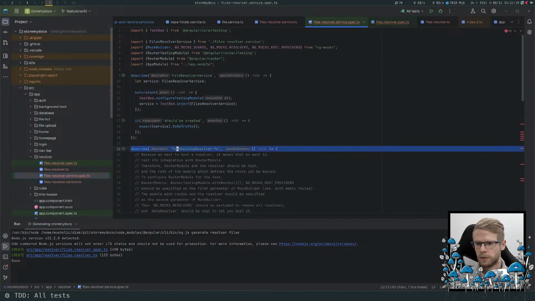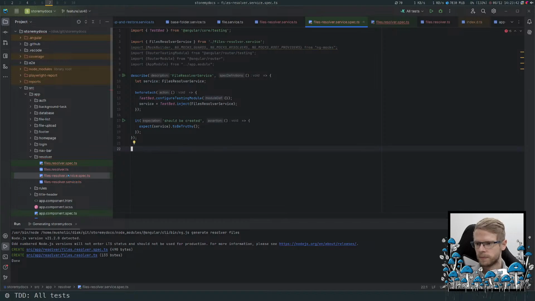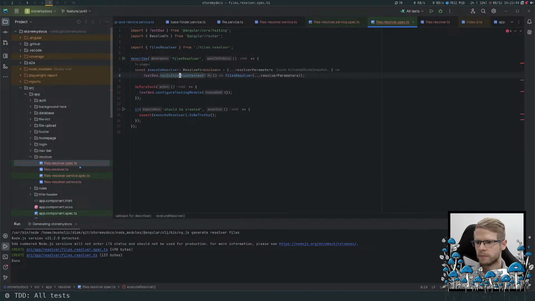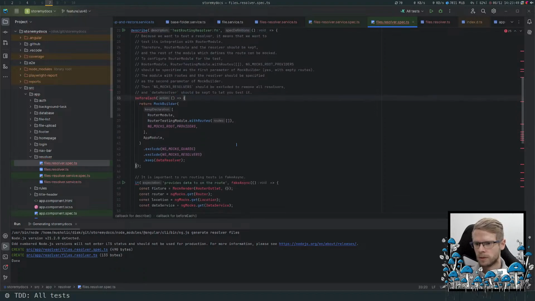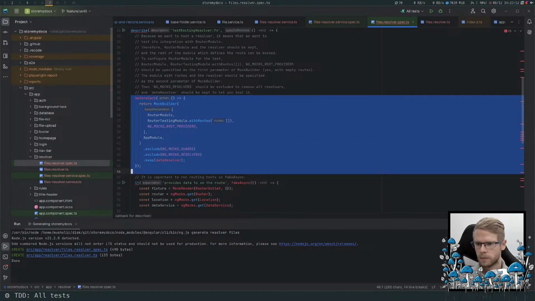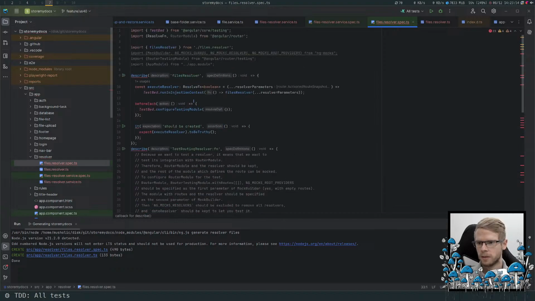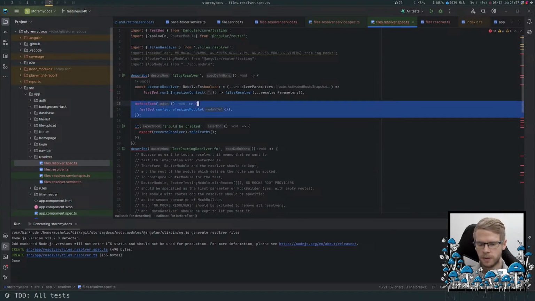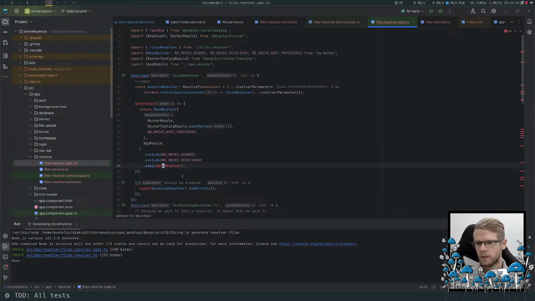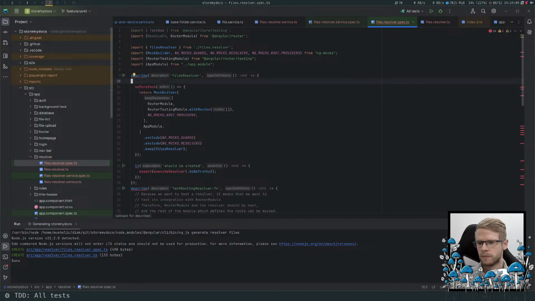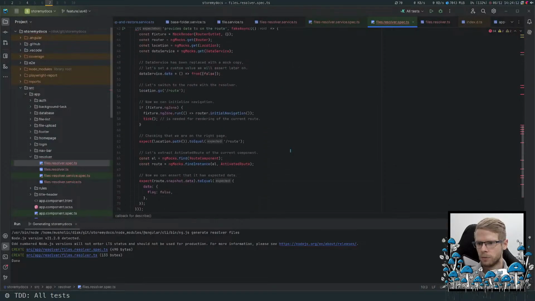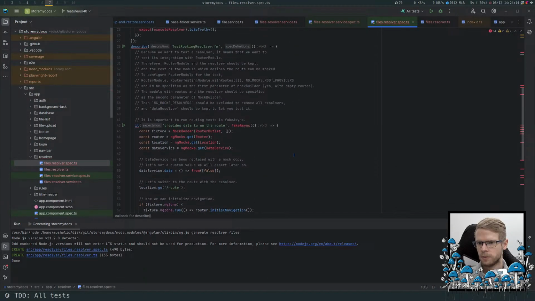So then I will copy again what they have here. So what I want is this before each here instead of this one. Have the files resolver here. So I can remove this. And then to execute my resolver,